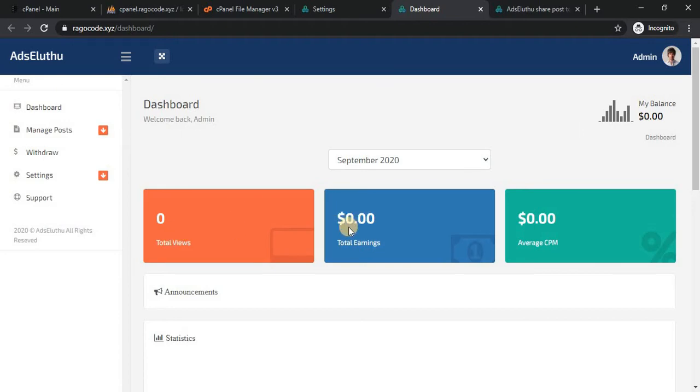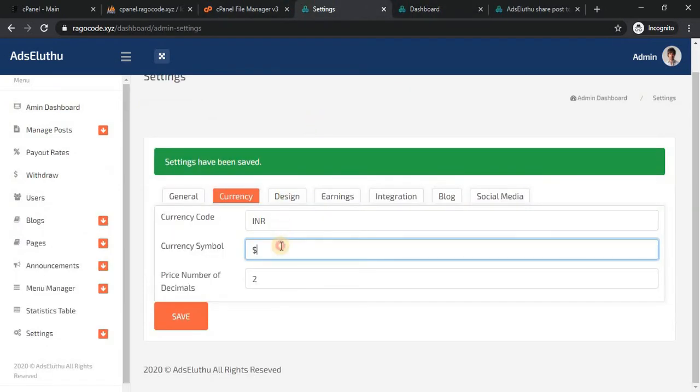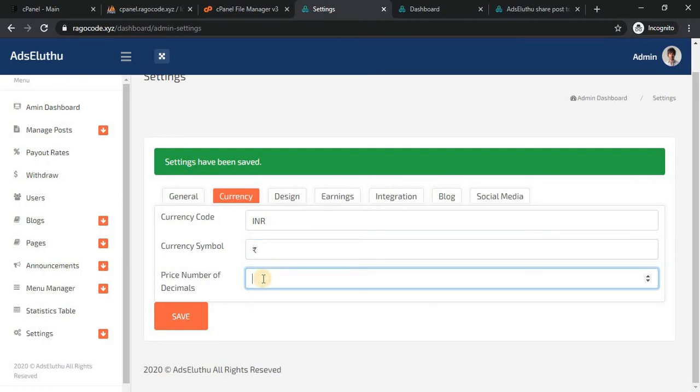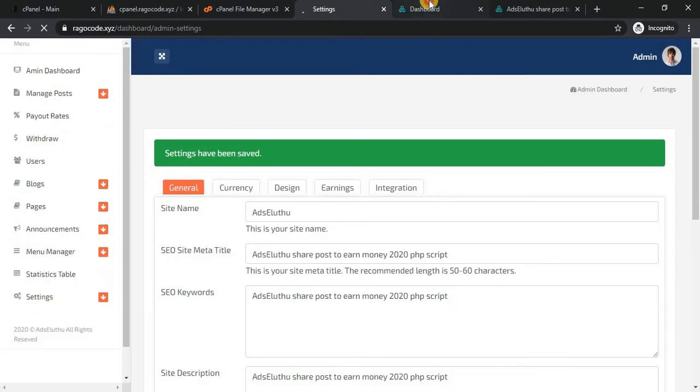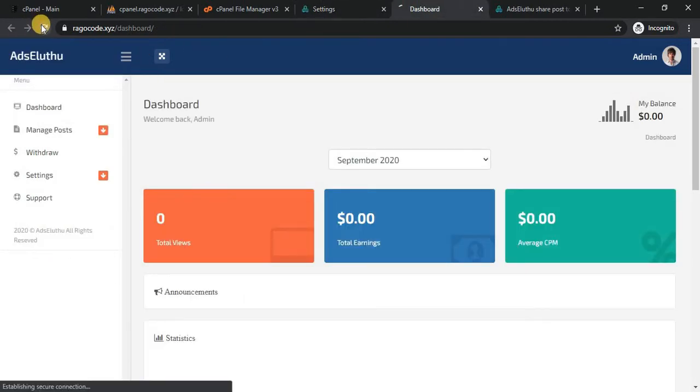You can see the money value is dollar, and after the decimal point it has 2 digits. If I want to change that to the Indian currency symbol and make it 3 digits after the decimal point, and save it and refresh it, it will be changed.